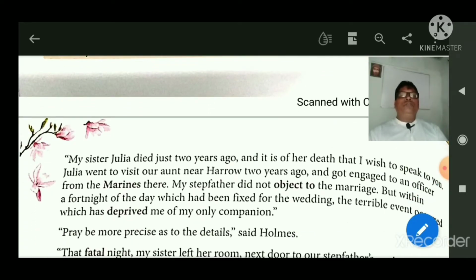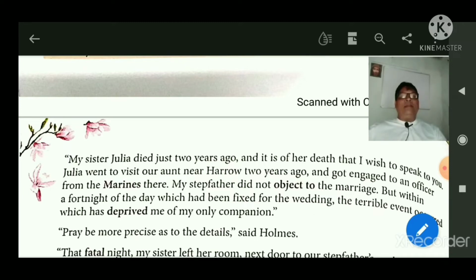So my sister Julia died just 2 years ago. Now she is explaining all the story of her house to Holmes. What happened here? After 2 years also she lost her sister, and it is of her death that I wish to speak to you. Julia went to visit our aunt near Harrow. This is the place called Harrow, 2 years ago, and got